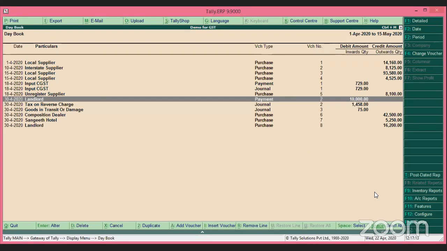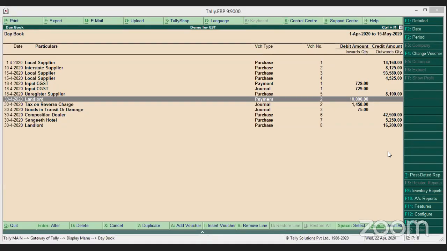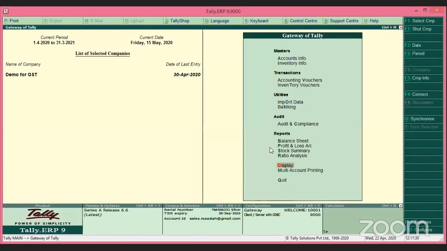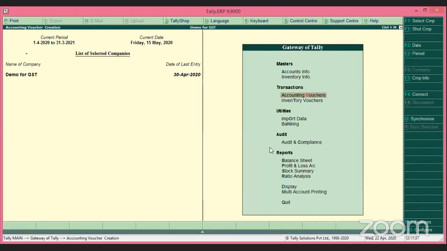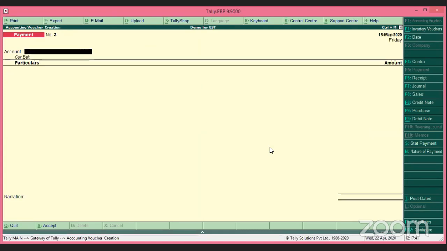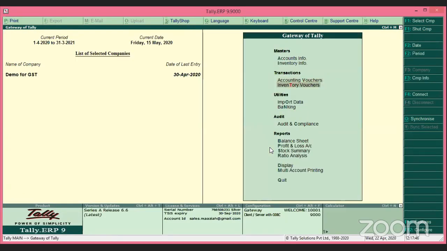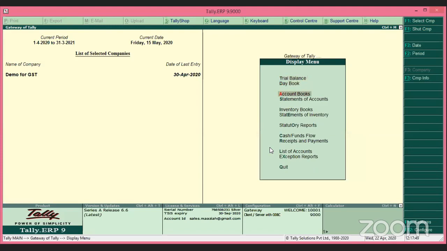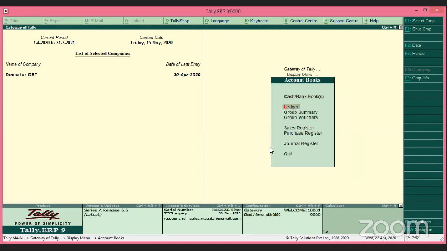Now I'm going to put the purchase entry. Before that, I will clear the last month payment entry also, so that it will be very clear for you. So I'm going to pay the last April month rent. To make a payment, either go to accounting voucher, press F5 and clear the payment. First option. Second option, go to display, go to accounts book, go to ledger,